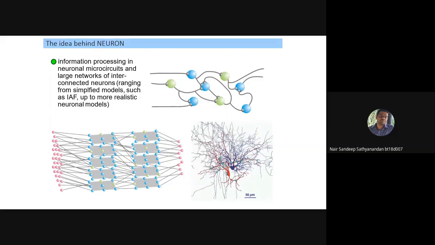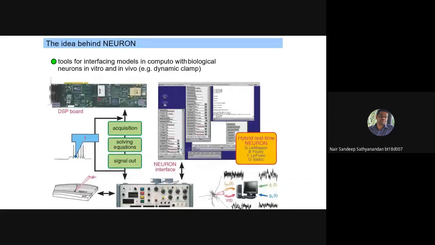The network is not only limited to one or two dendrites. The dendrites can be quite vast in terms of their branching morphologies, which is shown in the bottom right picture. Also, the neuron simulation software can replicate various experimental data.